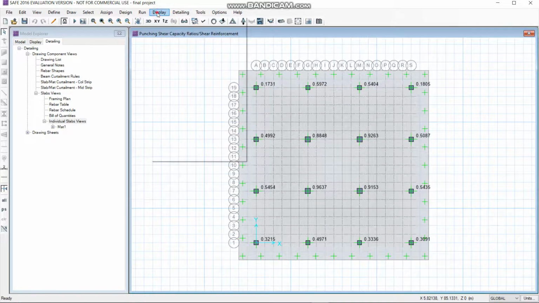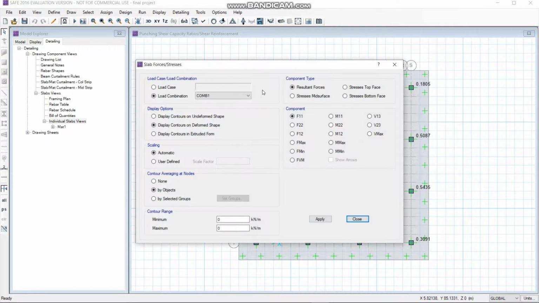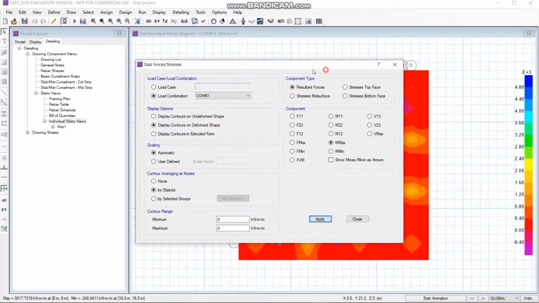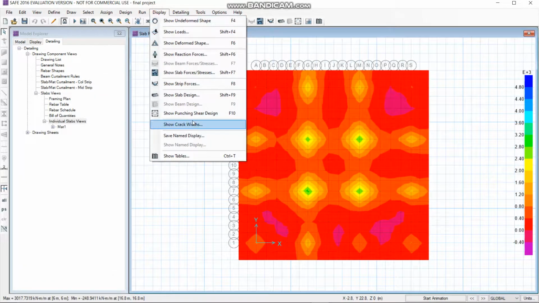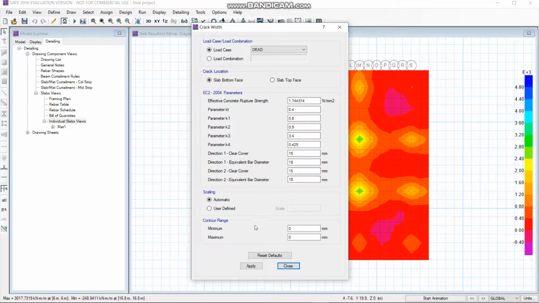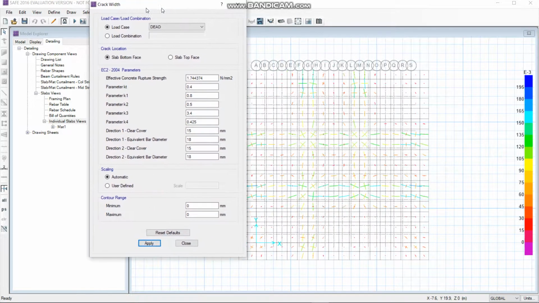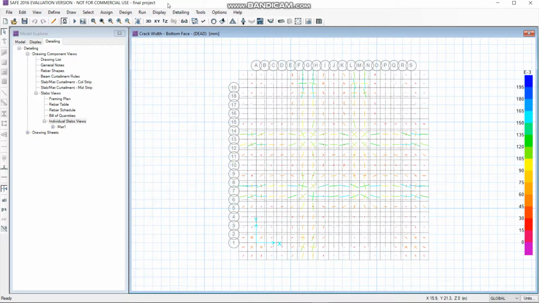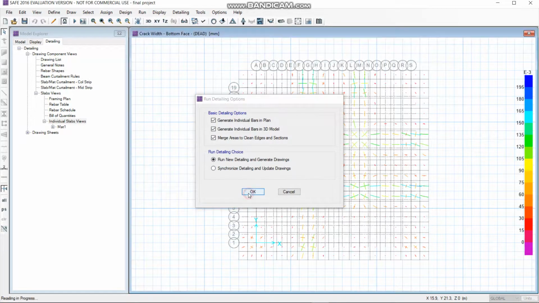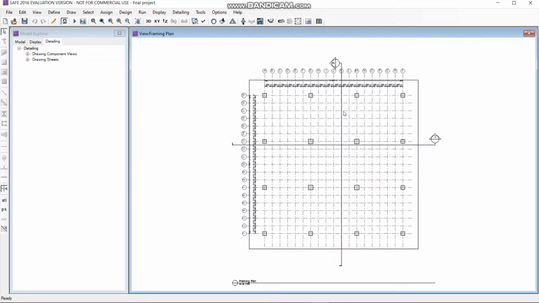After completion, we can also see different types of slab forces and the crack widths. These different colors indicate the values given here. After crack widths, we go to the run detailing option, and after the completion we get all the slab properties required.